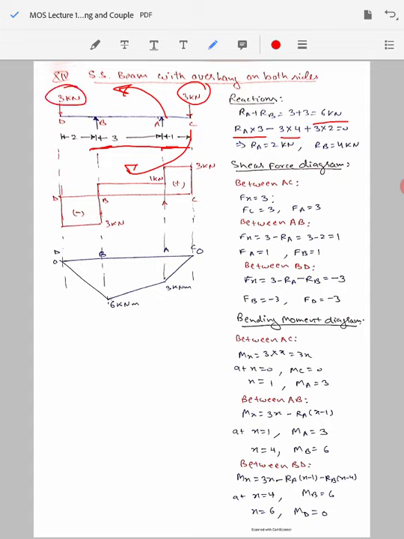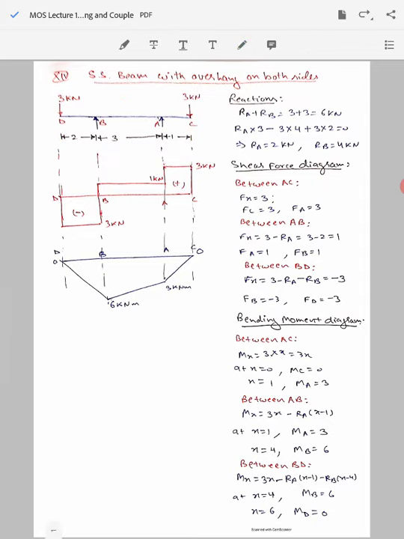Then there is a third point load, 3 kilonewton, acting at a distance of 2 meter from the support B. It will cause an anti-clockwise moment of magnitude 3 into 2 kilonewton meter, so it comes with a positive sign here in this equation. The net sum should be equal to 0. This provides us the value of reactions RA and RB as 2 and 4 kilonewton respectively.